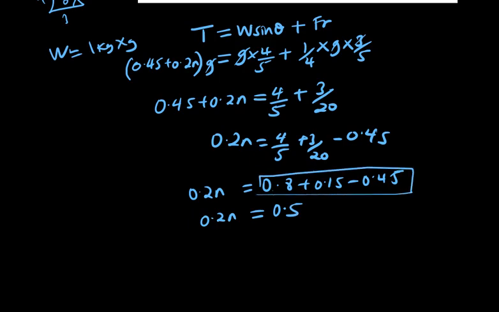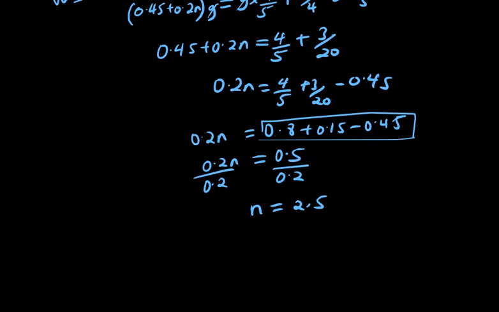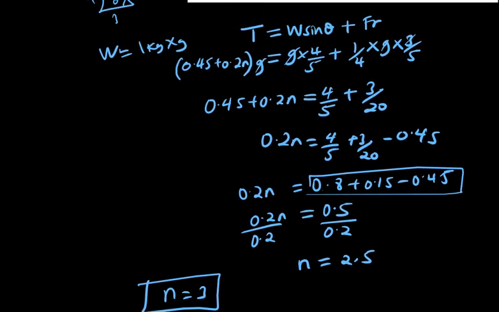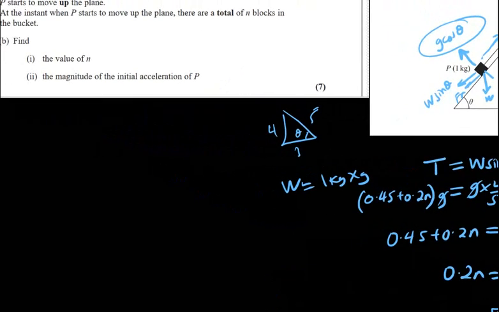Dividing both sides by 0.2 gives you the value of N as 2.5. Since we are modeling, this means that there were just 3 blocks. So the value of N should be 3. There was an addition of 3 blocks of mass 0.2 kilogram that resulted in that mass being pulled up the slope. Now we can continue to the next question and solve for